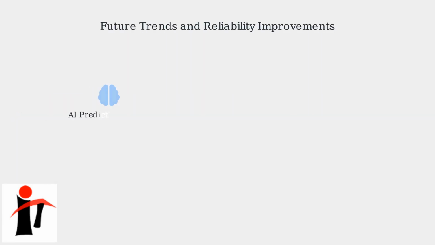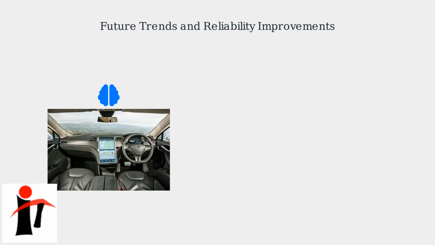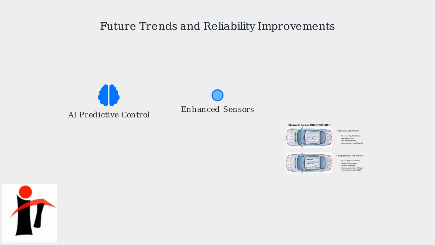Tesla is continuously working to improve cabin overheat protection reliability. Future models and software updates will incorporate AI-driven predictive climate control, using machine learning to forecast heat based on location, GPS, and weather data. Enhanced sensor redundancy will include ultrasonic sensors for more precise cabin monitoring, reducing failures and ensuring